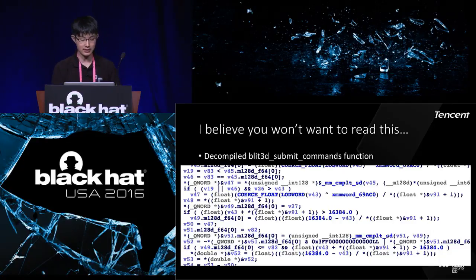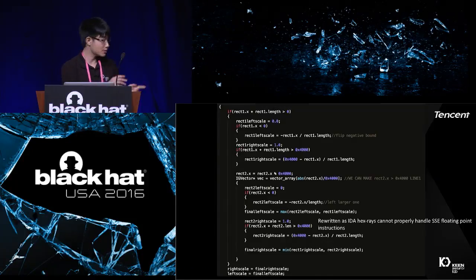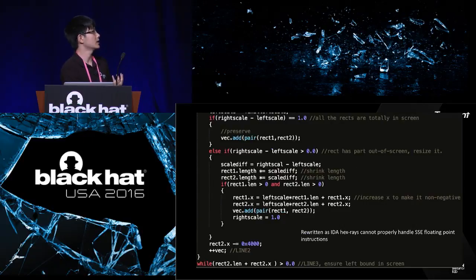And then let's go through this Plat3D submit command function, and we found this whole bunch of mess. It is because there are many floating point instructions involved in this function, since you have called a set scale to convert the rectangle's attributes to float numbers, and the IDA Hex-Rays decompiler cannot properly handle this. So we go through this disassembled code, and we rewrite the algorithm into a clearer format. You can see it's still not very short, but